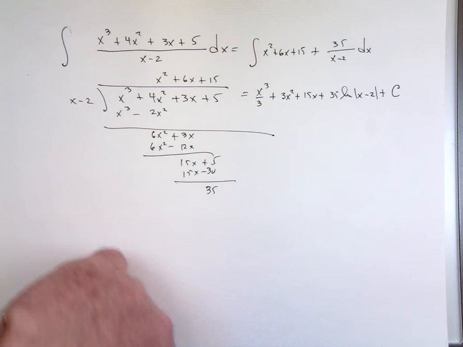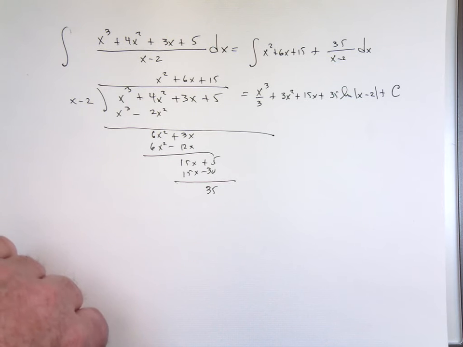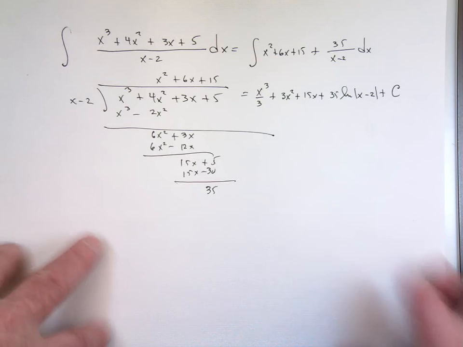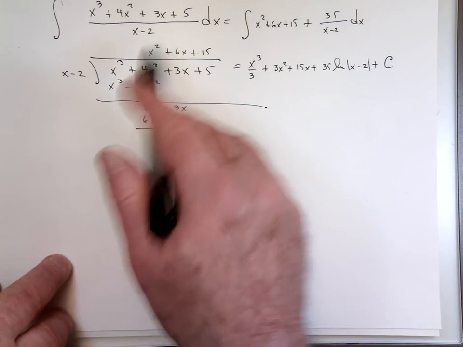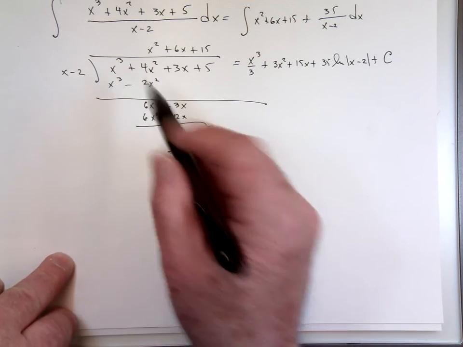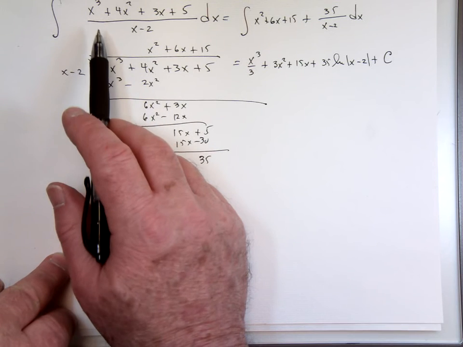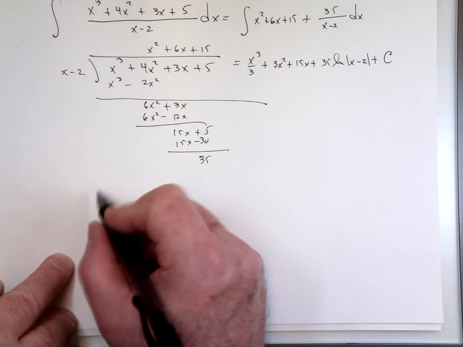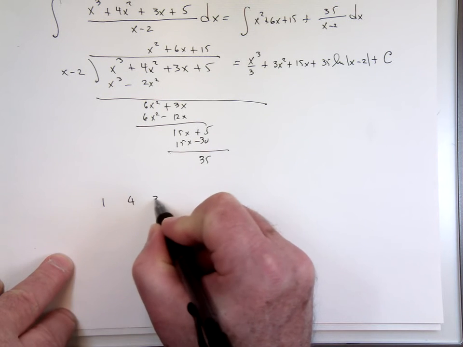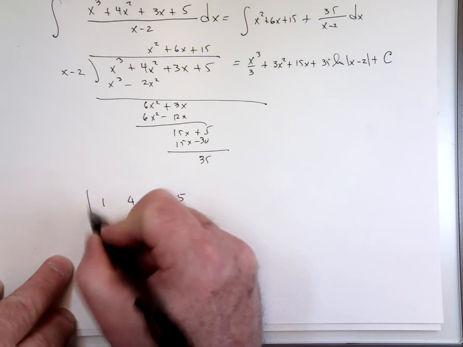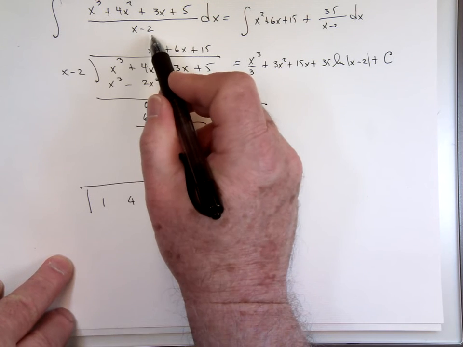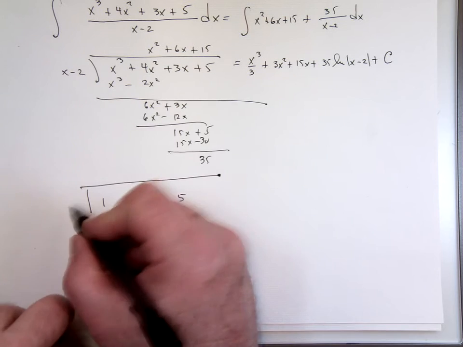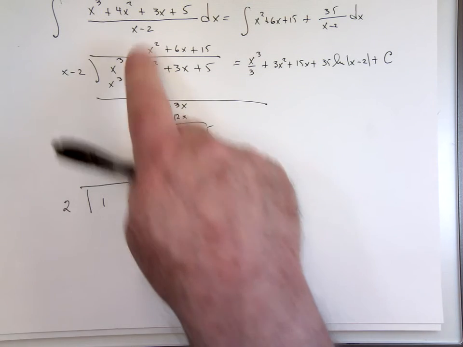You should be aware of synthetic division on something like this. Let me just show you that quickly here. And we only have a couple more things to do and then we're going to be done. So, what do you do for synthetic division on this? You write the coefficients. What you're doing is testing to see if 2 is a root. You use 2, whatever makes that linear factor 0. You bring down the